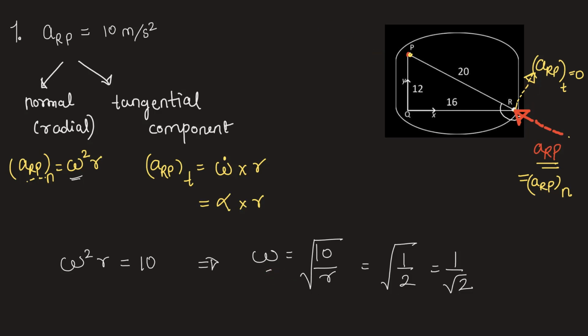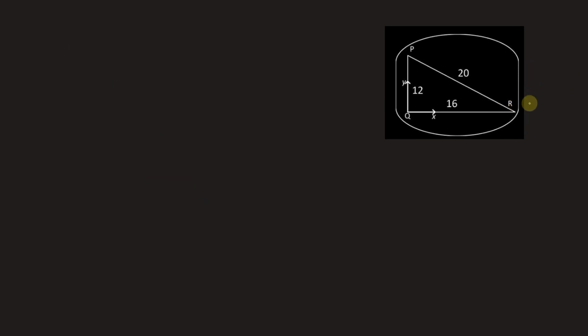Now, we are being asked to find out absolute acceleration at R. Absolute acceleration at R can be found out using the fact that acceleration at point Q is 0. This value we can use. If acceleration at point Q is 0, it is considered stationary with respect to the other points of the body, and hence we can consider a hinge at Q. So we can find out acceleration of R. Second part of the problem is finding out acceleration at R, and with respect to Q, we can find it out easily.